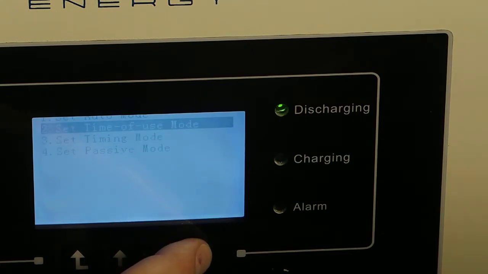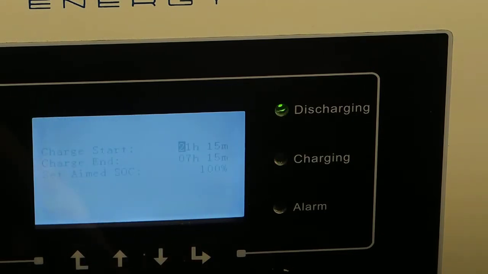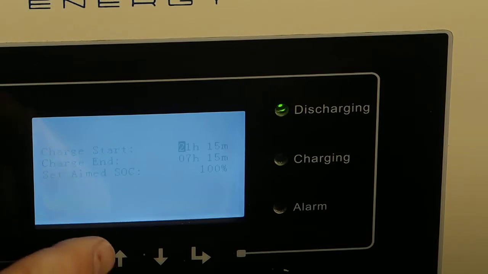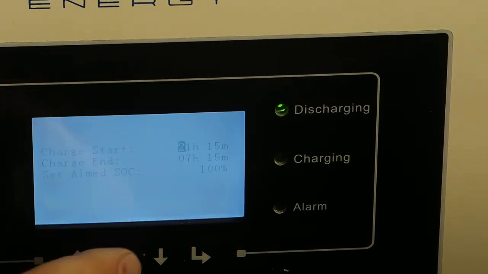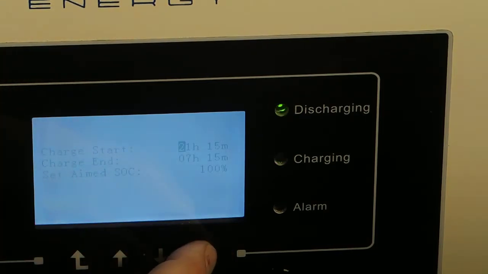So I select that with the right hand button, and I now need to select all of the settings on this page and change the ones I want to change. I don't want to change the time, so I've got charge start 21:15, charge end 07:15. But using the right hand button, I select each option in turn. 2115